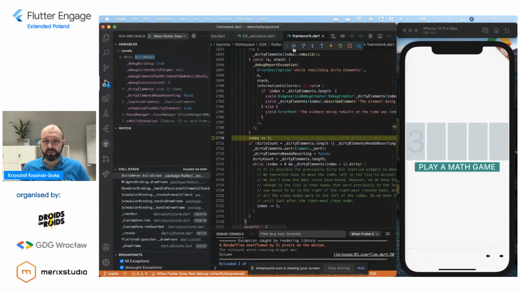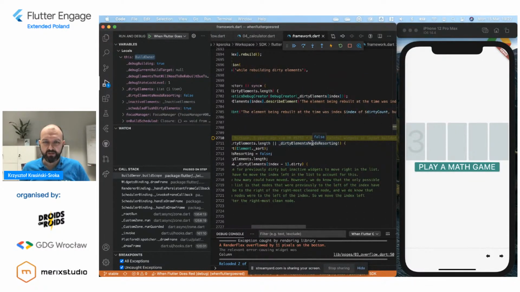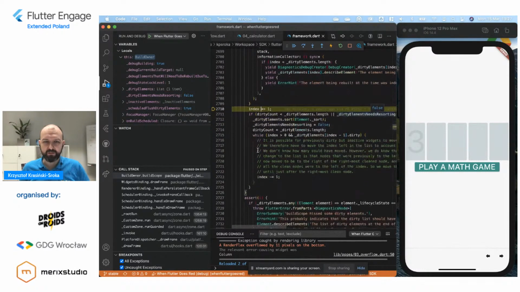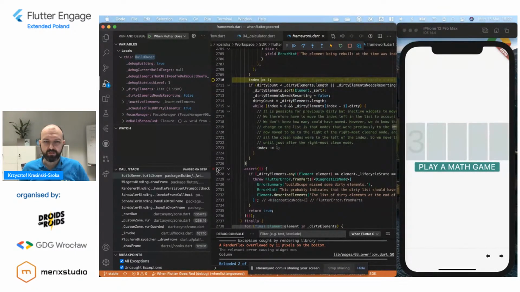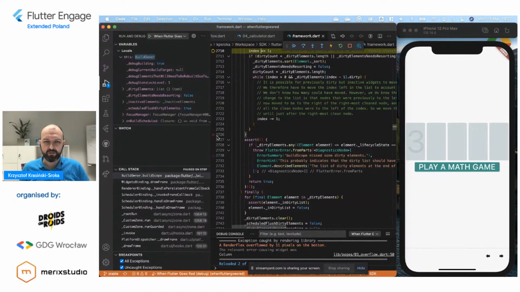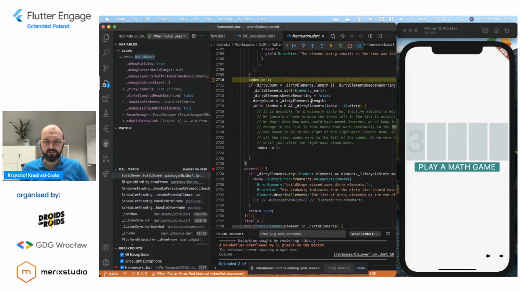And if we let it continue, we could here put some more breakpoints. Dirty count is now 1, dirty elements is no, this is not going to happen. Dirty element needs reporting, so this is probably not going to happen. But let's say we try to assert here, and we try to continue. Let's see where it stops.